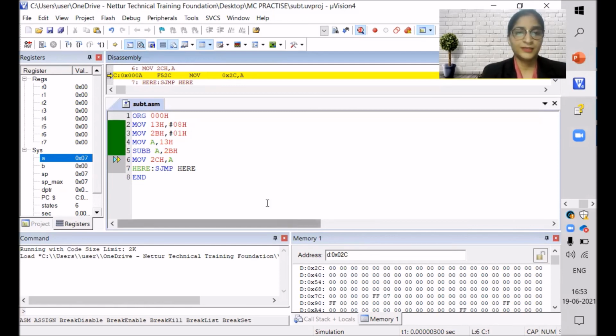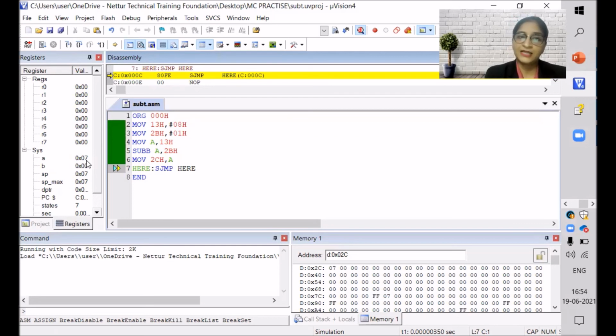Okay, so first what happened? The output of the subtraction is moving into our accumulator, right? You can see here, the accumulator is having 07. And after that, this result from the accumulator is moving towards 2CH. So now you can see here, 2C is also having 7.